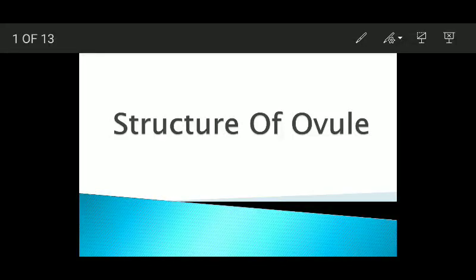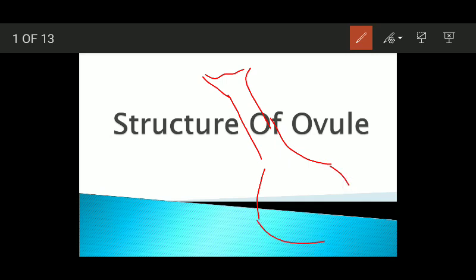Today we are going to talk about structure of ovule. And before talking about structure of ovule, we should be having some knowledge of the female reproductive part of flower where ovules are present. Actually, the female reproductive part of flower is known as